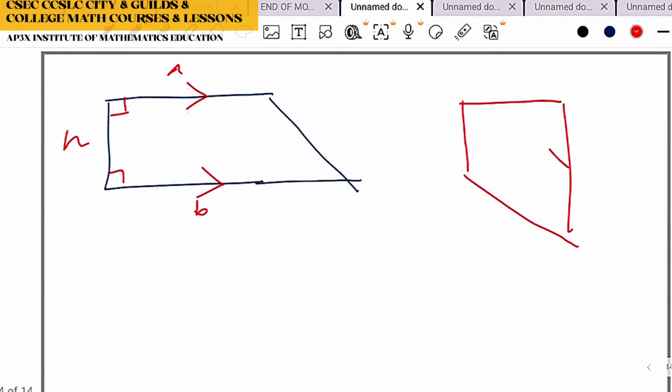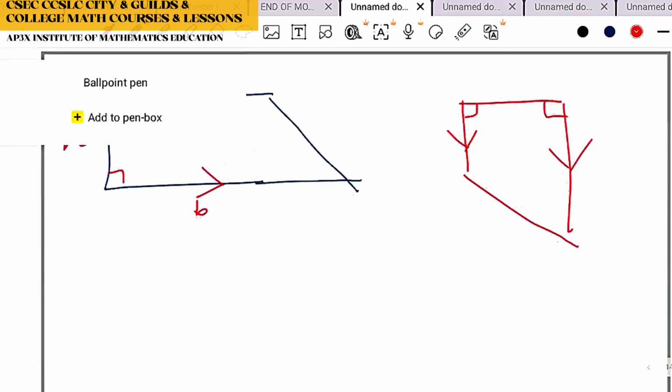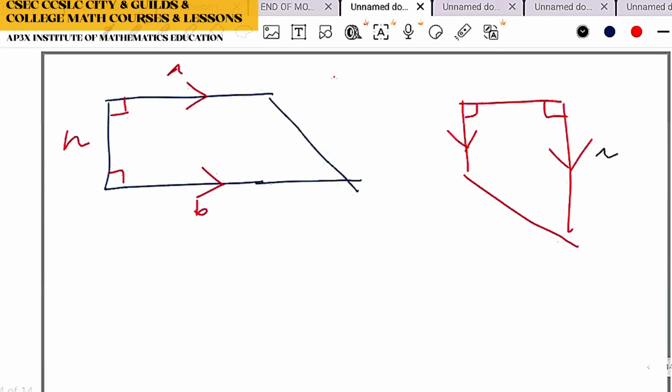So anyway, when you look at the diagram and you see the two arrows, they're not going to be that big, obviously. And then you see the 90-degree angle, because you have to see those. You can't tell it's a trapezium without the arrow being there and the 90 degrees being there. So I've changed the orientation of the diagram. So right now we can safely say that because the arrows are at the side and the side, this is A and this is B. And remember that we just said that the slant side does not come into play at all, and the height is going to be at the top. All right. So that's my biggest fear.